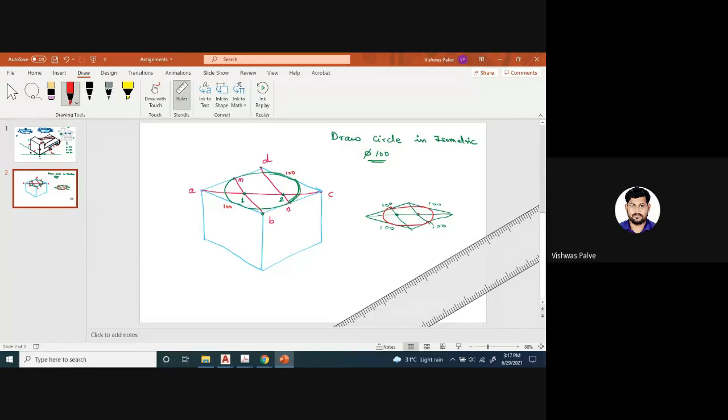I want this solution in everyone's book. Start drawing. I will give 5 minutes. Hardly it will take 5 minutes, but now the time is 3:17 p.m. Okay, I will check at 3:27.